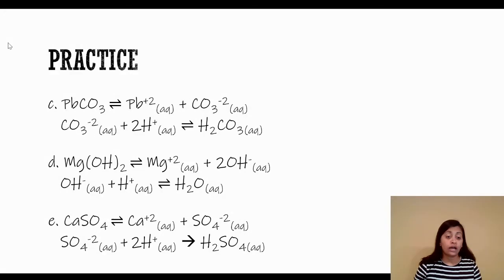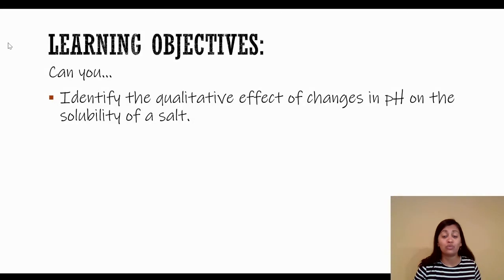For E, your calcium sulfate, which produces your calcium ion and your sulfate ion. When you take that sulfate ion and add that to an acid, well, that forms sulfuric acid, which is one of the big six. And so that won't dissolve very well, essentially. So now, can you qualitatively